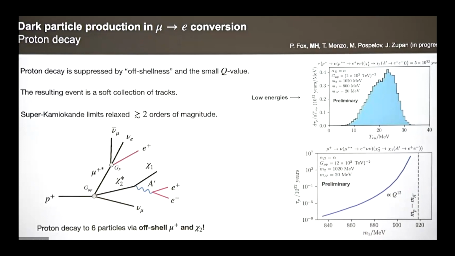And if you look at the lifetime of the proton as a function of this M1 mass, you can see it goes from being very excluded, much below 10^32 years, to being perfectly okay with the experiment at the largest M1 masses, with a very strong scaling in the energy release of the system. So these are just some crazier ideas. Keep an eye out for more work on that with Maxime, Jure, and Patty here in the audience.